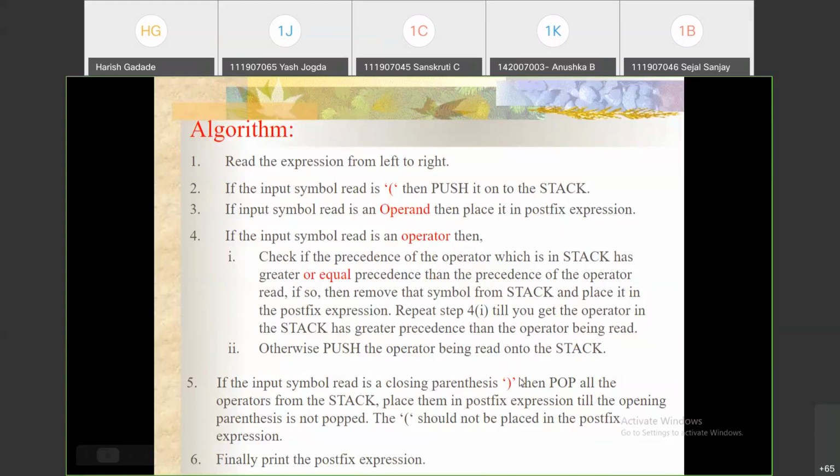And if a closing brace is there, then pop all the operators from the stack till you get the opening brace, right? So only these 3 steps are most important. Then finally, whatever the postfix expression is, you need to print it, right? So this algorithm is important.